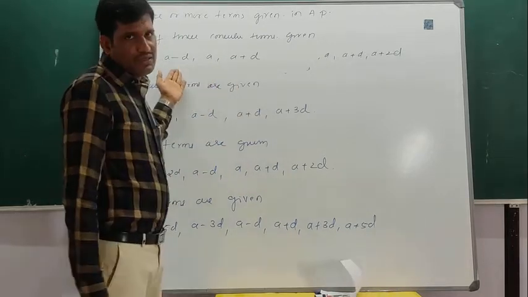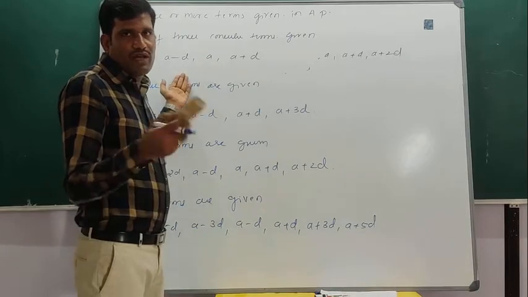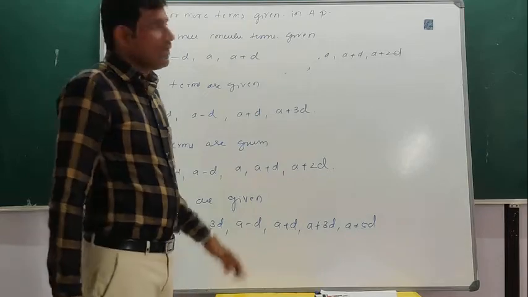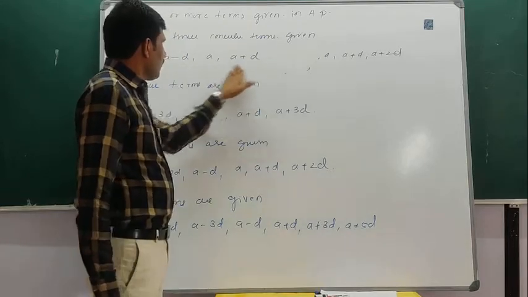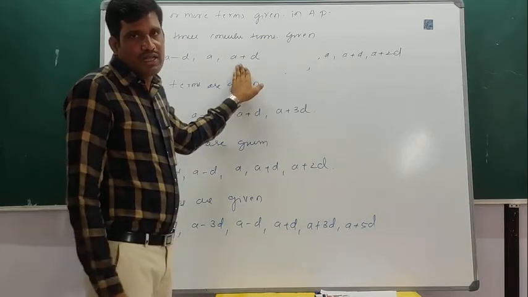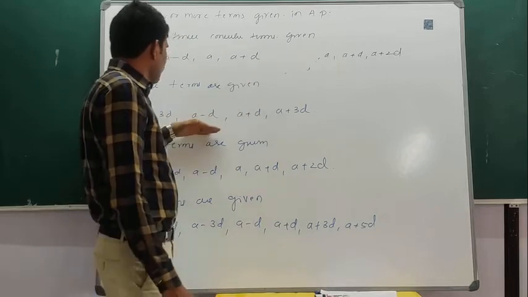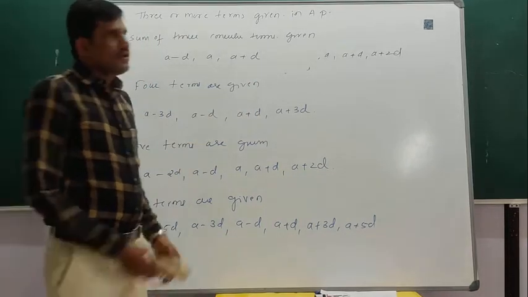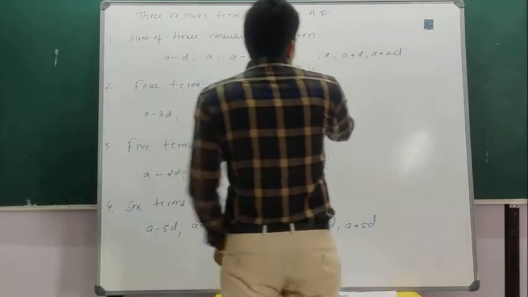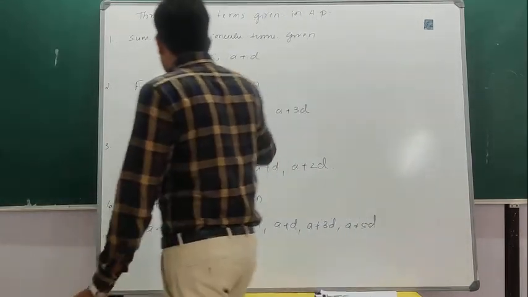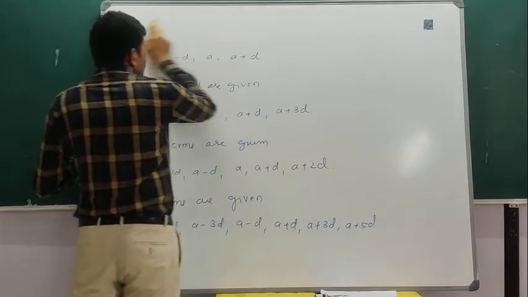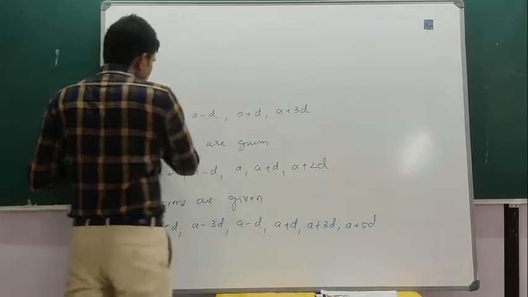Take the common difference, that is second term minus first term, we are having some value. So third term minus second term, that value is also same. So when three terms are given, we'll take the numbers as a minus d, a, a plus d. When four terms are given, this is how we'll take. So 5 and 6 terms, right? So by taking the numbers in general in the form as we mentioned here, we can solve the given problem very easily, right? So now see it. I will solve some problems.